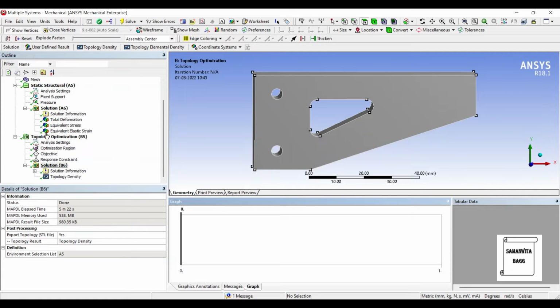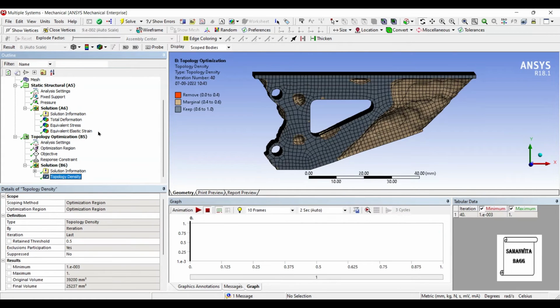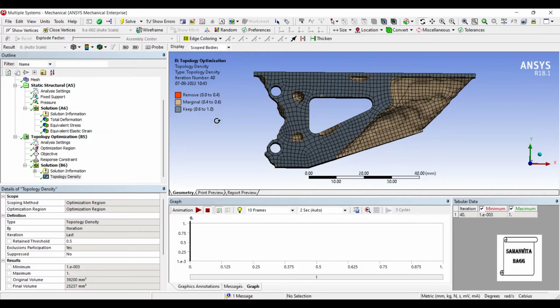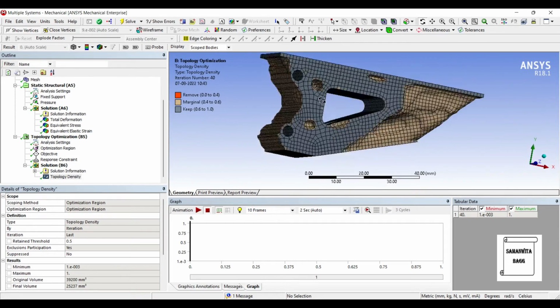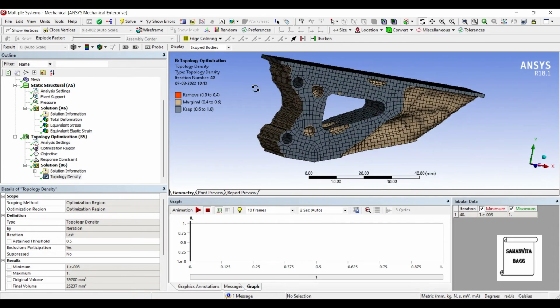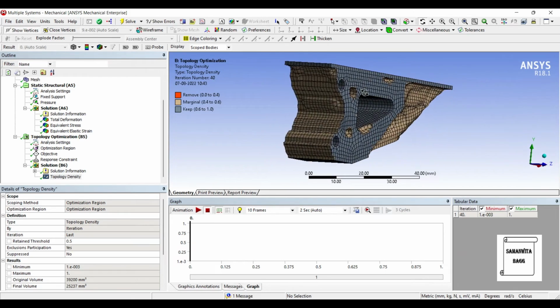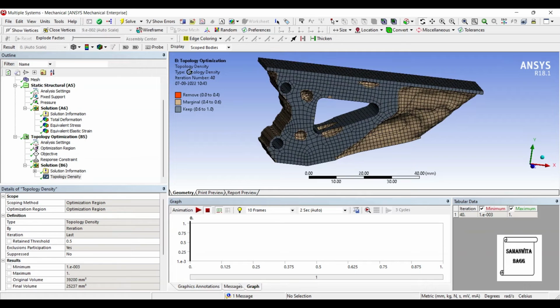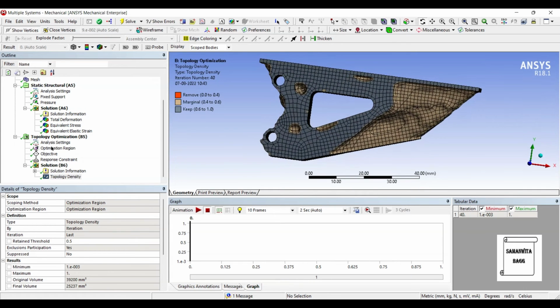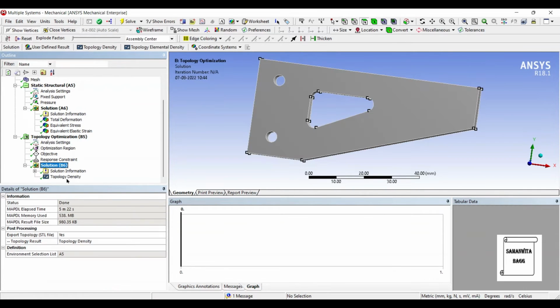The solution is done. We'll check. You can see here the zone where the stress was more, that zone has been left, and the rest of the material has been removed as per our requirement. Now we have set it to 60%, hence so much material is left. If you want, you can reduce this material even more by changing this value of